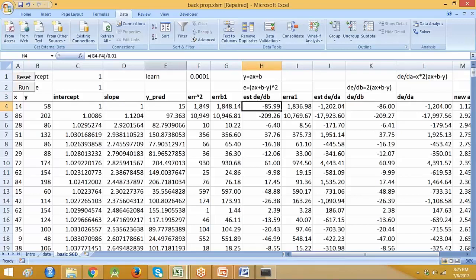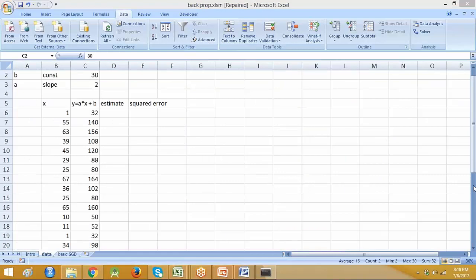So that's what we are seeing here. So between G4 and F4, the only change is that in G4, we have increased the intercept by 0.01. So if I do this calculation, which is what is the change in error, which is DE, when B is changed by 0.01, that's this number. Is that clear? So this whole exercise now is how do we come up with